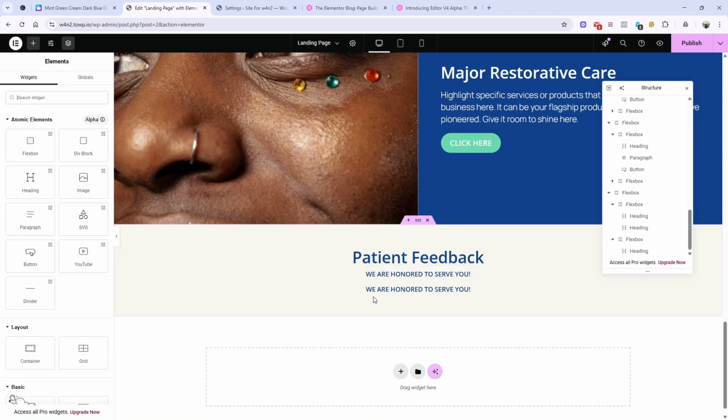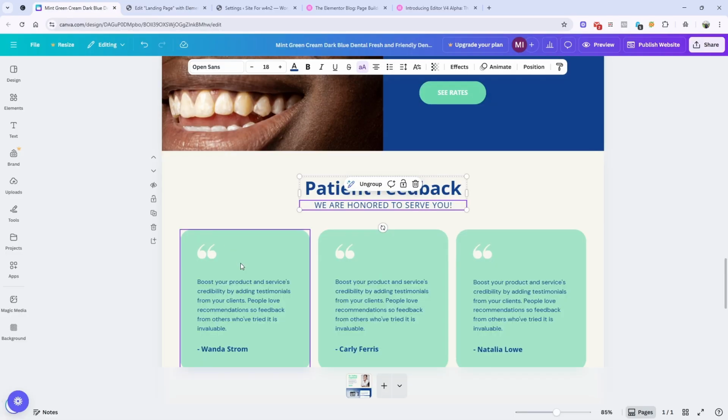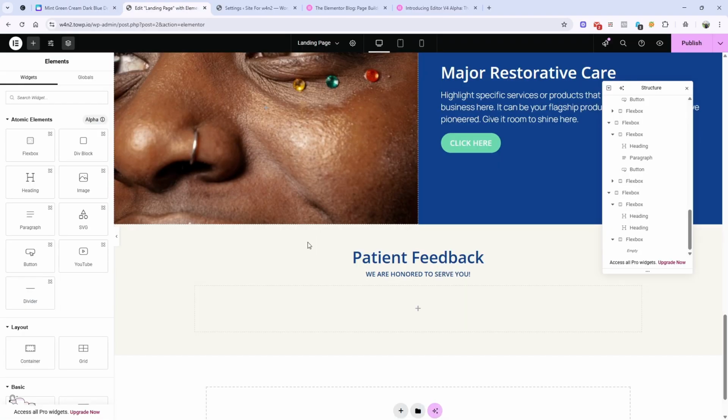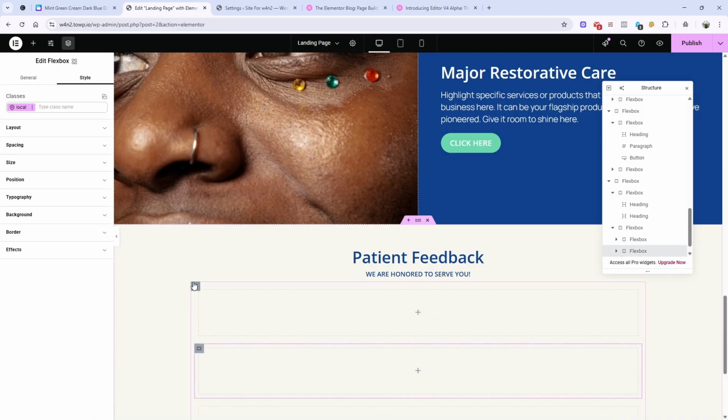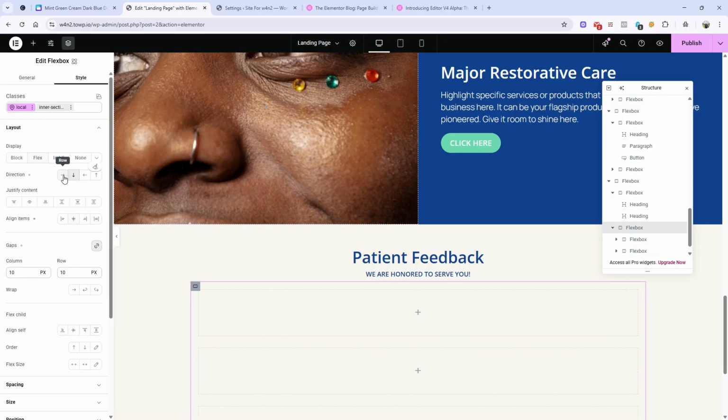So I'll delete the content and set it, and now I need 3 flex box again with some content inside it. So let's design it. Let's start with another flex box. Duplicate and duplicate, change the direction to row,